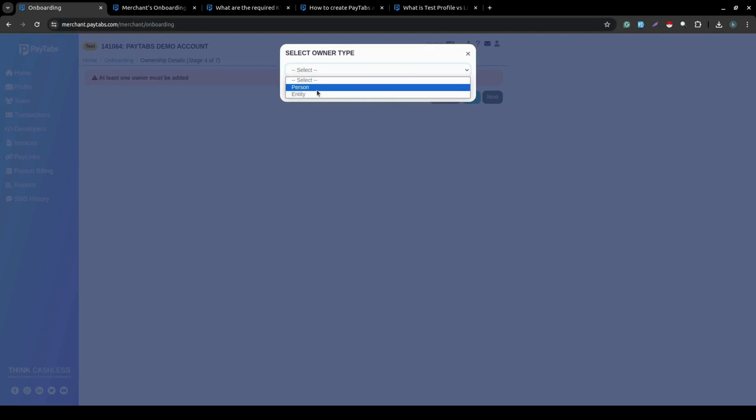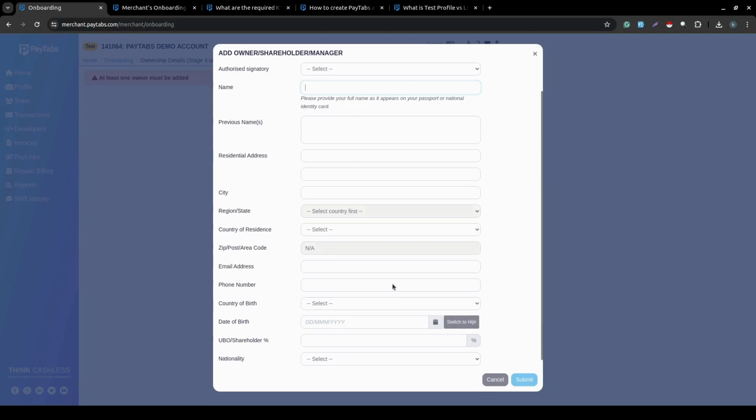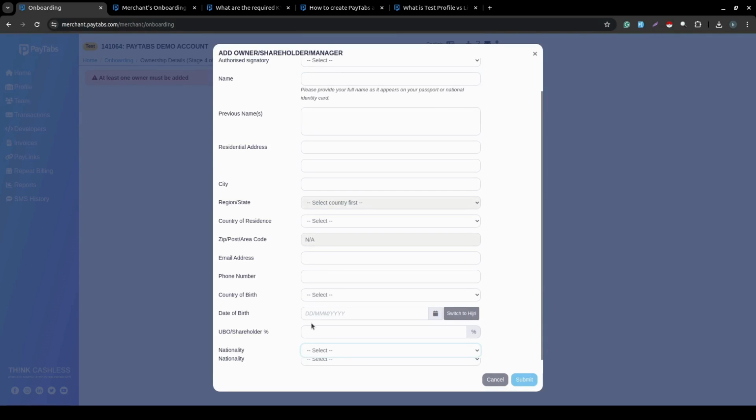So for example, if I'm saying here that the ownership is for a person, and then I'll click on next, you will need to fulfill this entity or this person's details. So for example, like its name, if it's an authorized signatory, and the important thing will be the shareholding. So you need to make sure of one thing. You can add multiple owners. However, you need to have the full shareholding of 100%. So, for example, you can add two owners and each one will have 50%, for example. However, in the final state, you need to have all your owners to have the shareholding of 100%,